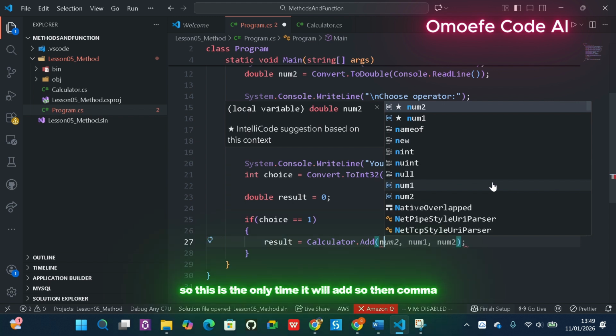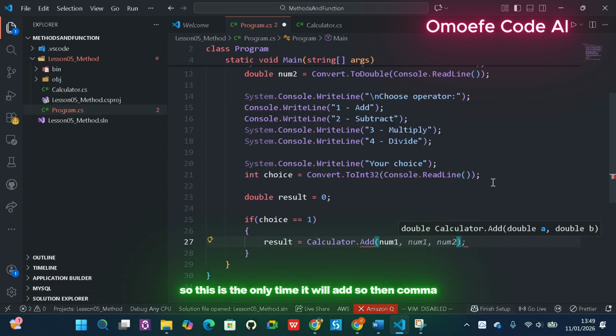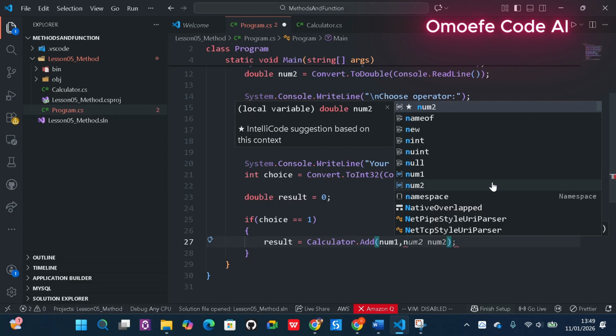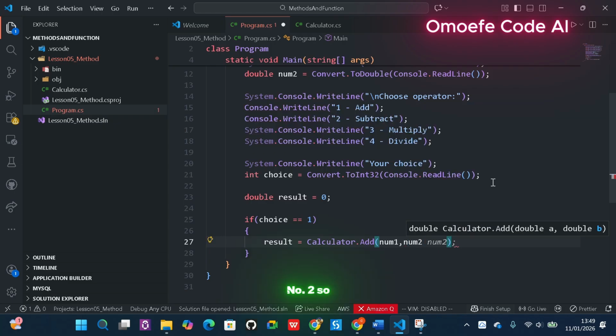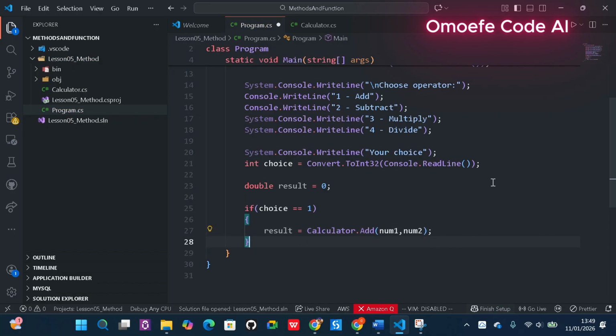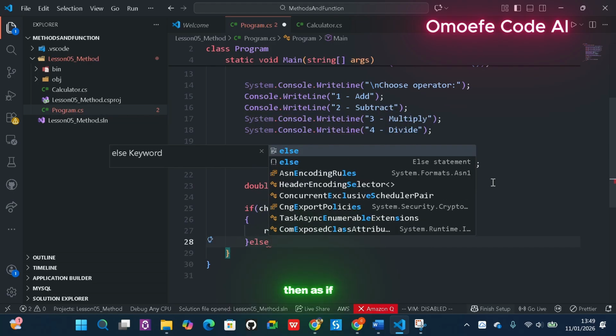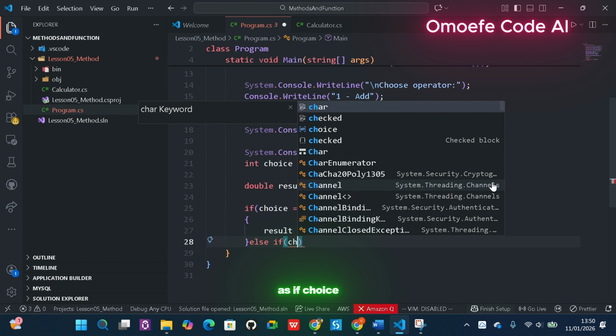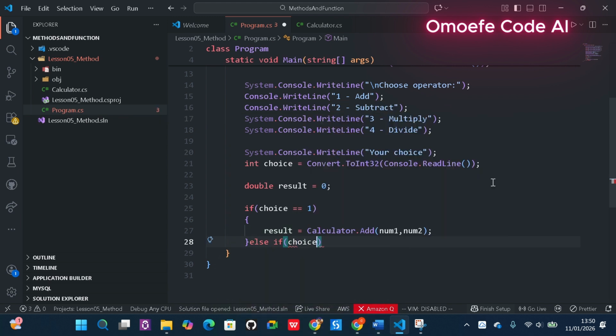So this is the only time it will add. So then comma num2. Then else if choice is the same thing as 2,